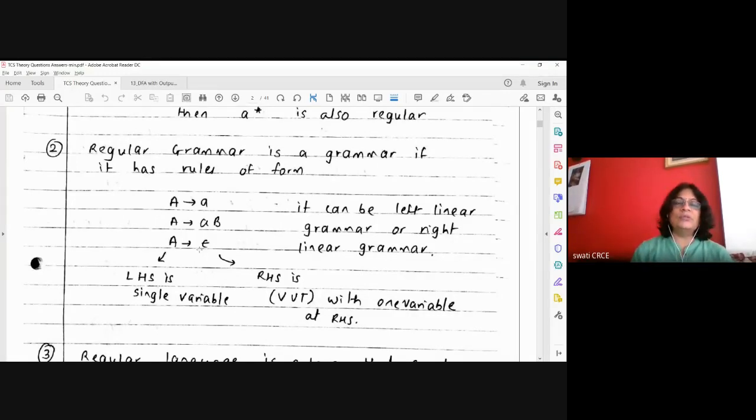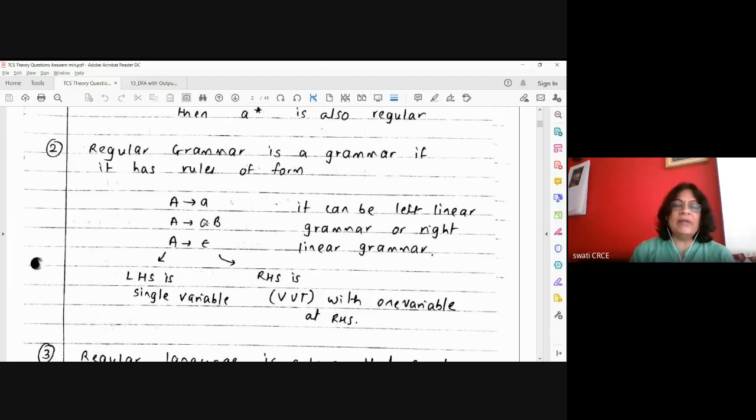Regular grammar is a grammar for the regular language, and the rules of the regular grammar are represented like this, where the left hand side is always a single variable and the right hand side can be a combination of variable and terminal symbols. Terminal symbols are represented by small case letters and variables are represented by capital letters. What is meant by variable? V is the set of variables, and a variable is something that is to be solved. Terminals, a group of terminal symbols, will give you the string accepted by the machine.